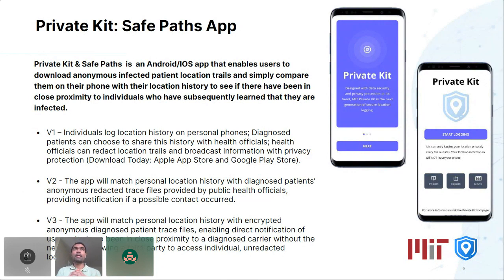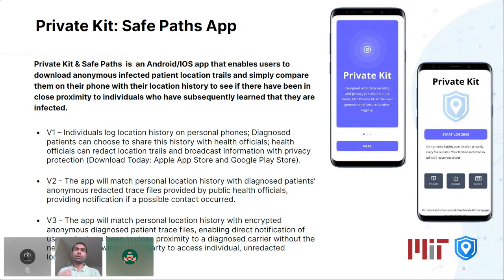Version 2 here is where the real magic comes in, where the health authorities' publicly released information is going to be compared with your own personal trail, and basically a contact tracing will be done. So the app will tell you whether you were in contact with an infected individual by intersecting these trails. And the computation is either going to be done on the phone, which is very, very secure because it happens on your phone, or it is going to be done in a complete end-to-end encryption with mathematical guarantees of security. And I think Praneeth will touch upon some of these things later.